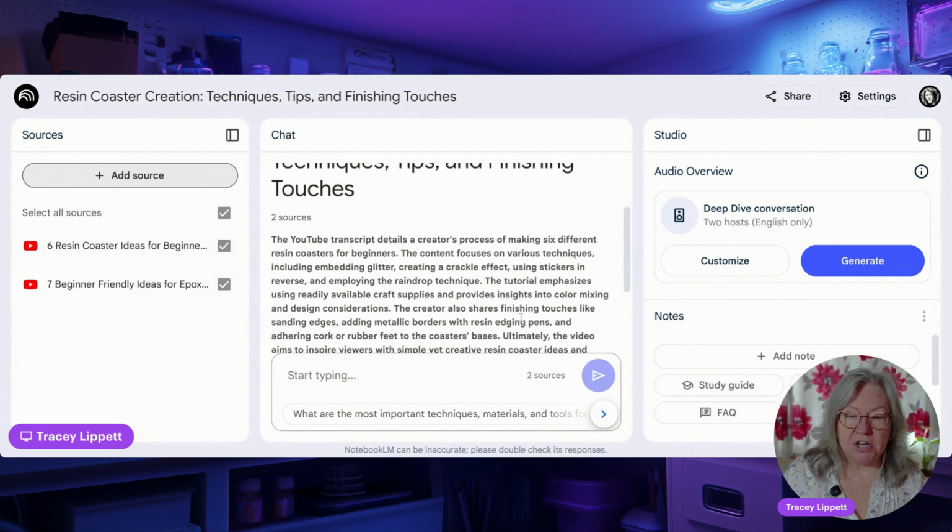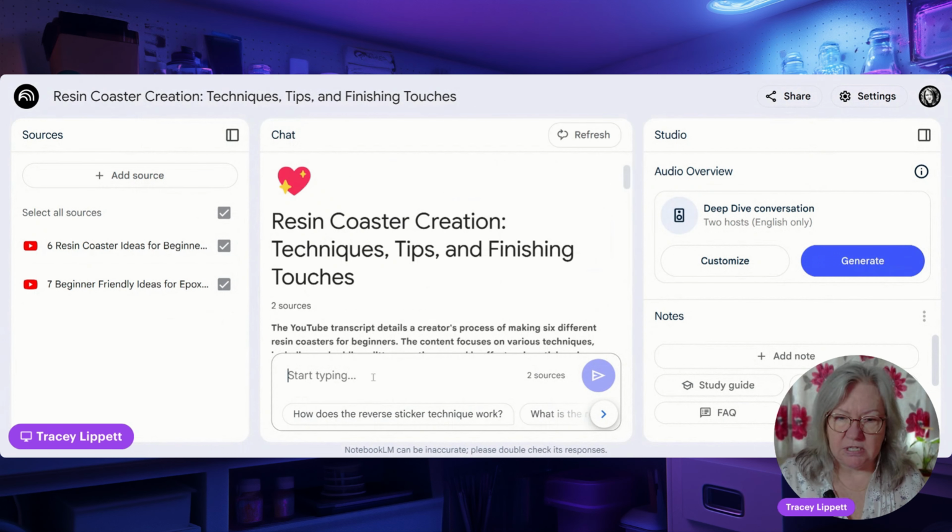However, what I want to do is get it to compare. I'm going to tell it what I want it to do. And you'll see at the bottom, it's got some suggestions as to different questions. These are videos about making resin things because that's what my main channel is. And so it's guessed a question I might want to ask it. But what that tells you is it could search through all of my videos to find one specific technique and tell you how that works. Isn't that crazy? Anyway, that's not what I want it to do.